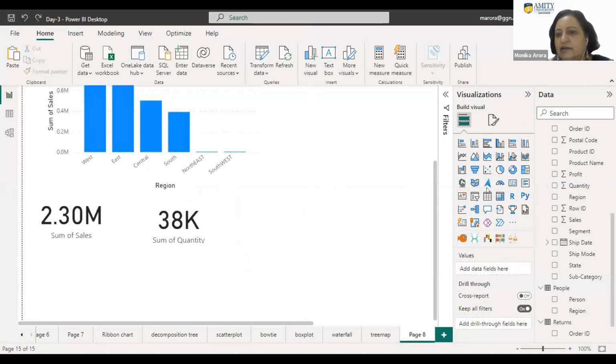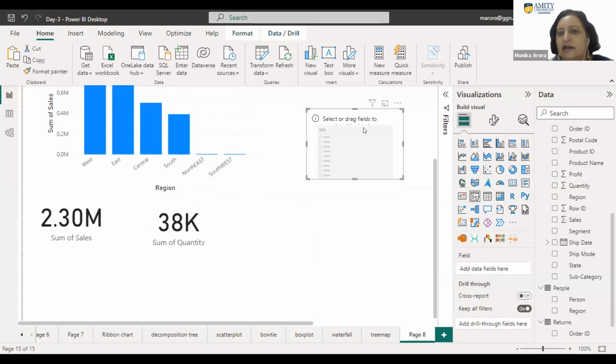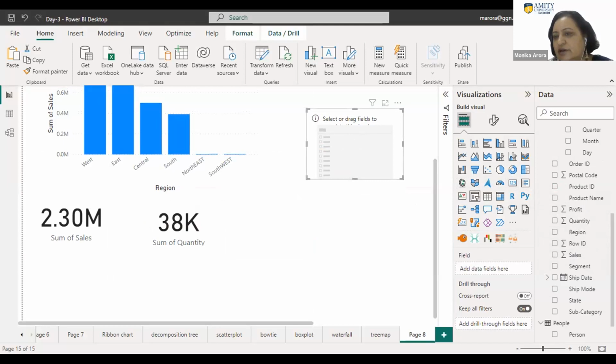So I can add, if you have already selected any item, then it will overwrite, right? So I can put a slicer. So this is my slicer, right? What I want in this slicer, I want maybe state, or maybe region we have already taken. So I can have either state, or I can have